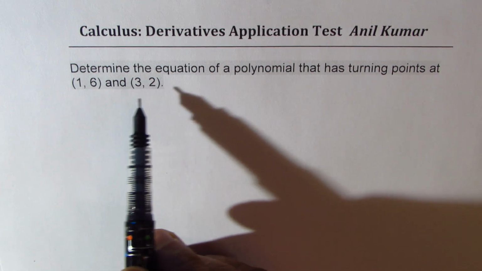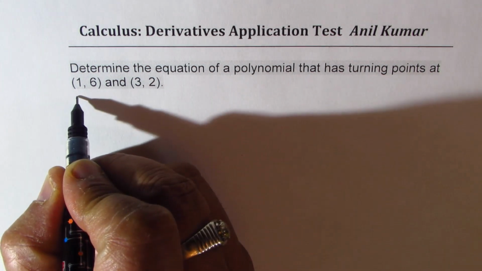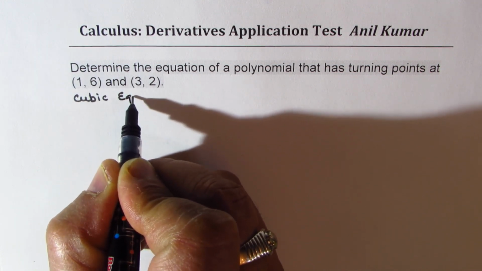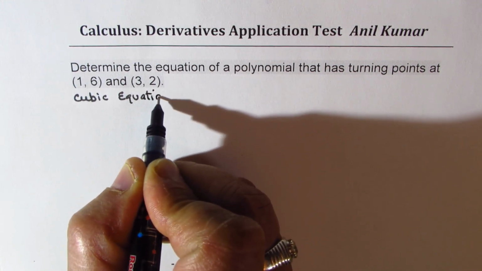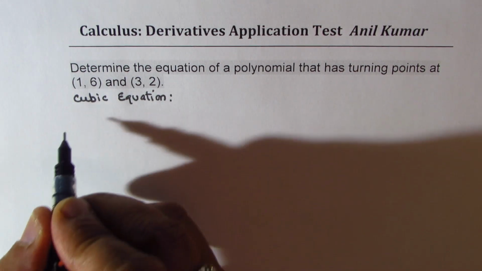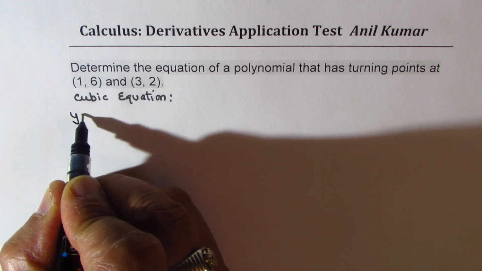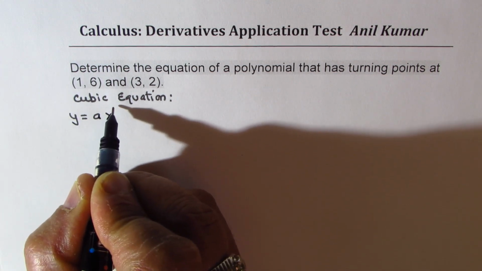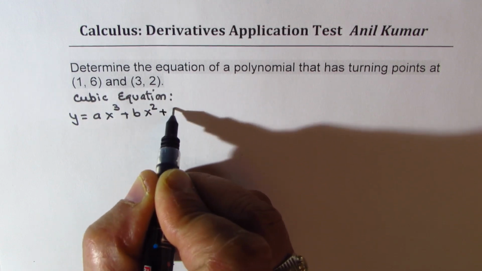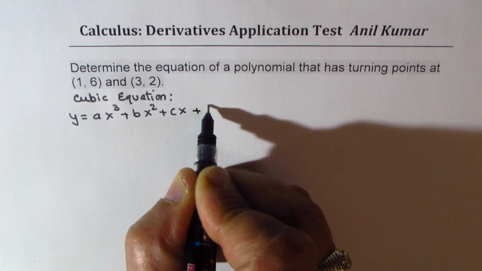Now, there are two turning points, so we'll try to go for a cubic equation. The general form for a cubic equation is y equals ax cubed plus bx squared plus cx plus d,